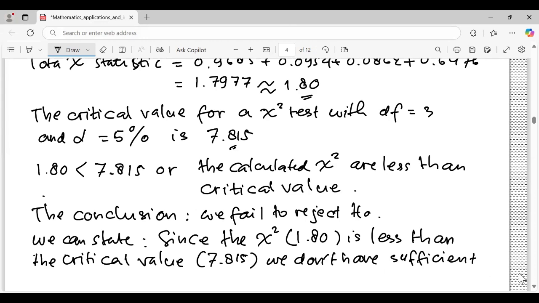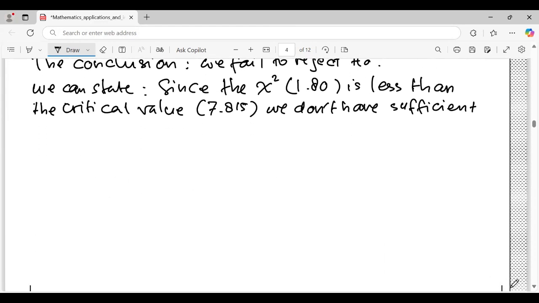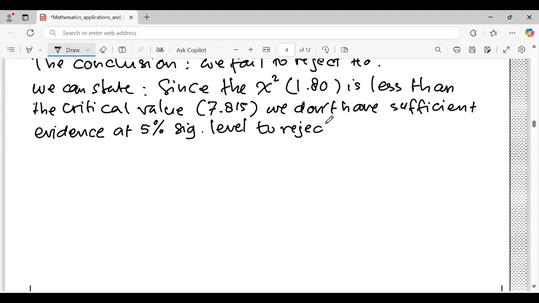We don't have sufficient evidence at the 5% significance level to reject the null hypothesis. Therefore,